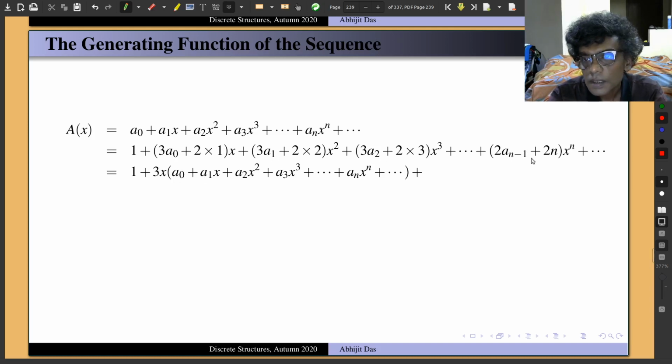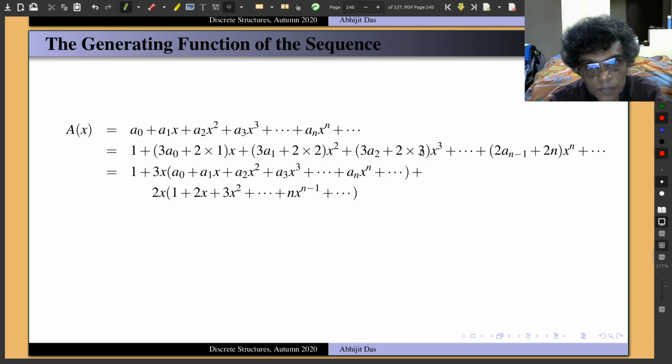In general, this is An minus 1 x power n minus 1, so the nth term will be An xn. And if I club together 2x, then I have 1 plus 2x plus 3x square and so on. If I take 2x common, this is 1 plus 2x plus 3x square plus this. This is nothing but Ax itself,